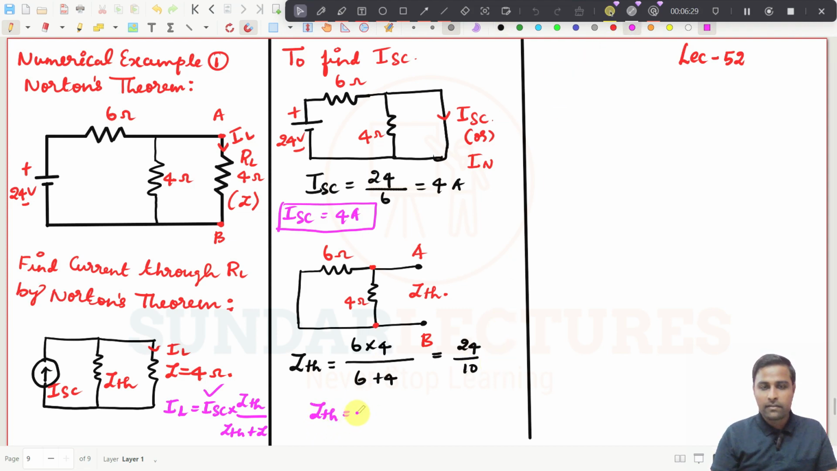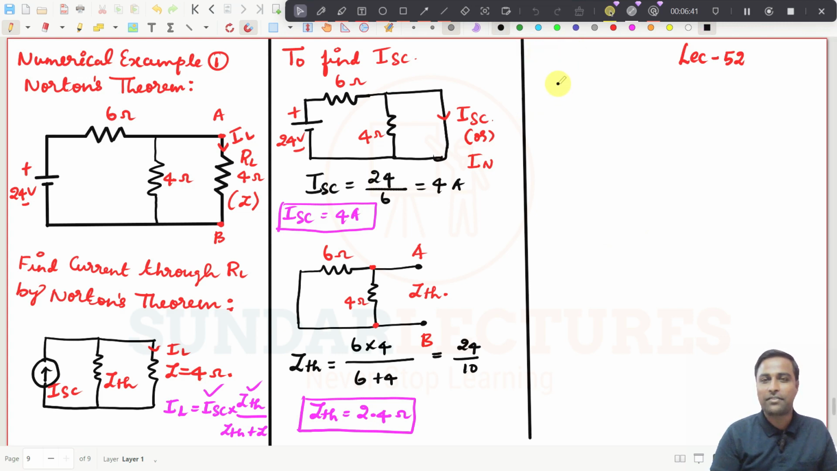ZTH is equal to 2.4 ohms. So we have found ZTH also. Now you can find what is IL. IL should be equal to, what is ISC? It is 4 amps into, what is ZTH? It is 2.4